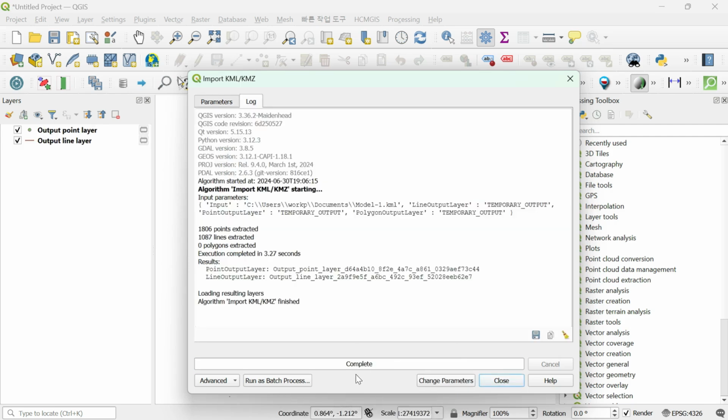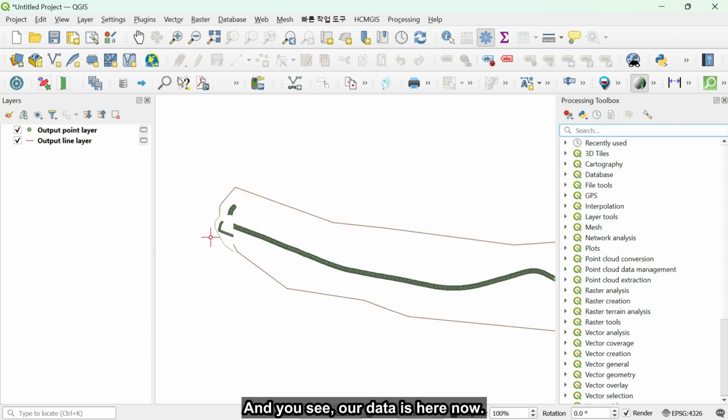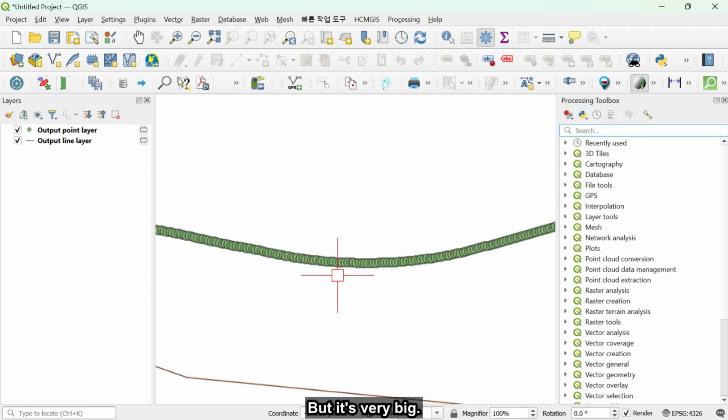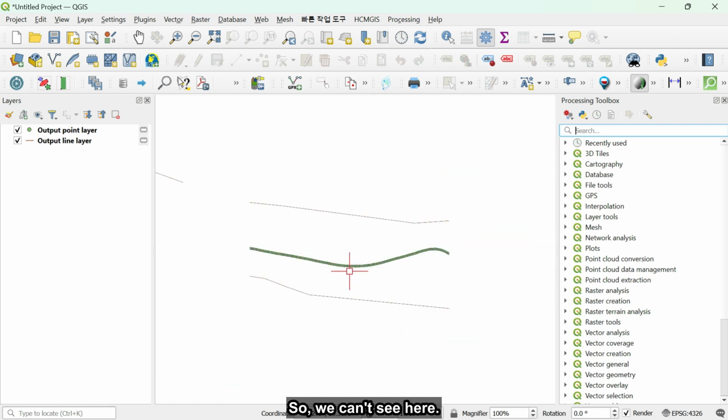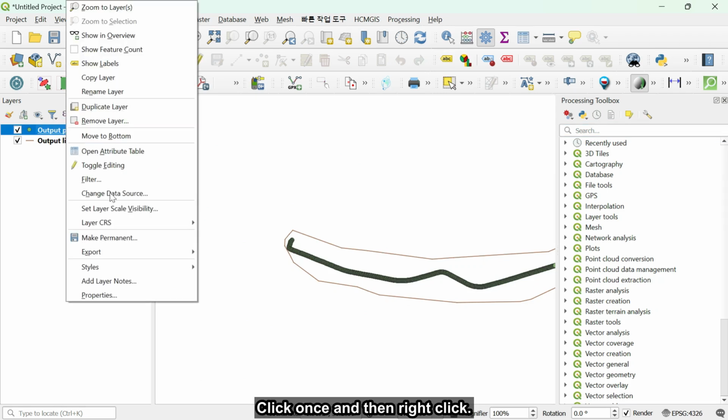Yes, it's now completed, you can see, and our layer is already added here. Close it. Okay, and you see our data is here now. But it's very big, so we can't see it, and the visibility is not good. So what we have to do is come here, click once and then right click and go to